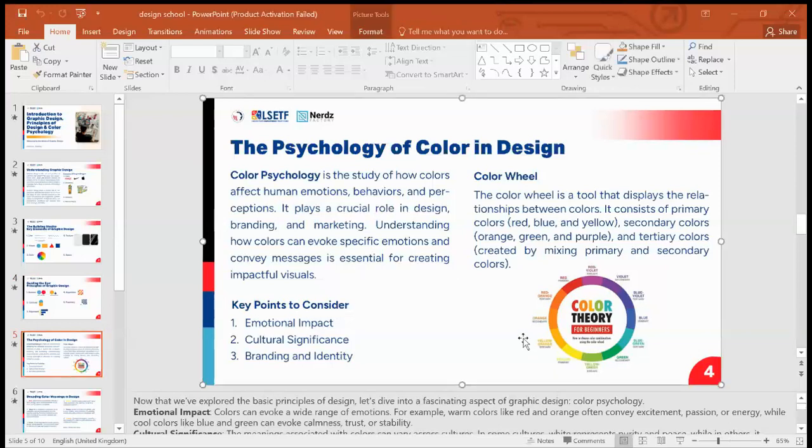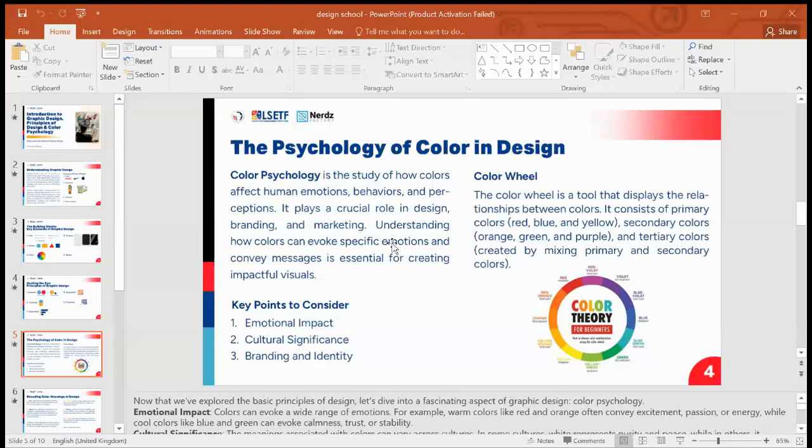So in this color psychology now, this is where you have to consider what function color has, right? So at this stage, before you apply colors to your design, you have to consider and try and remember, okay, what function does this color have? What emotions does this color exude? For instance, we say the color red